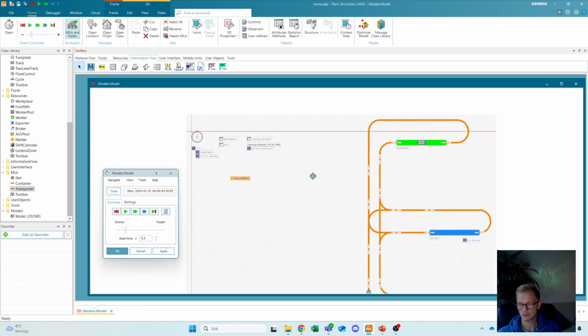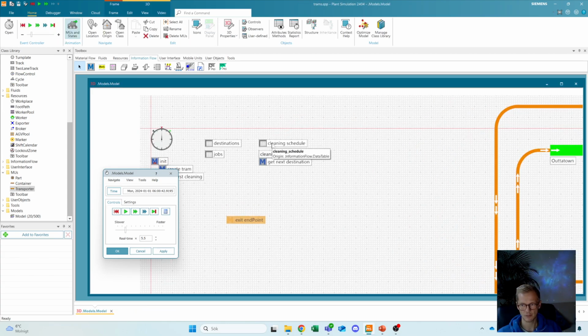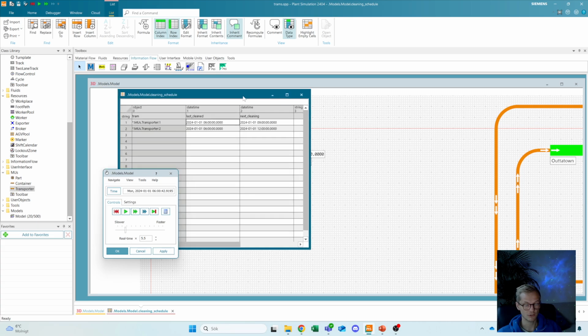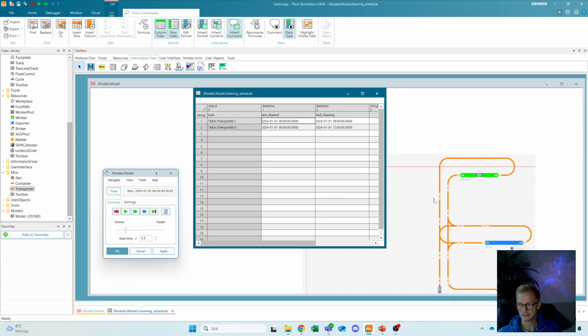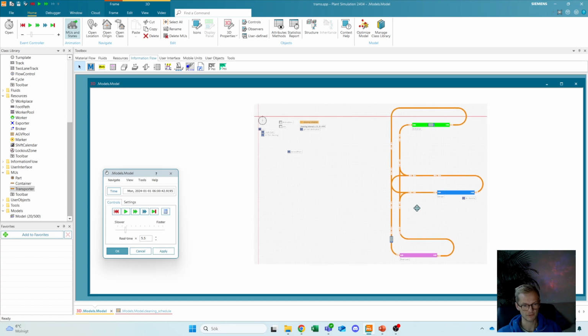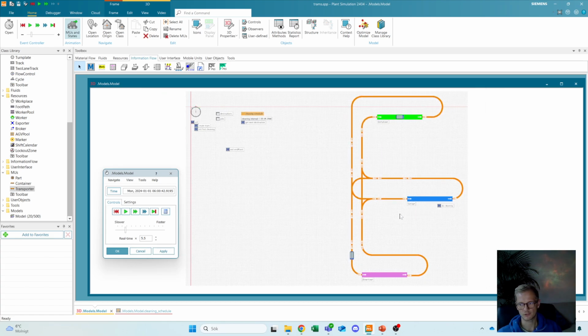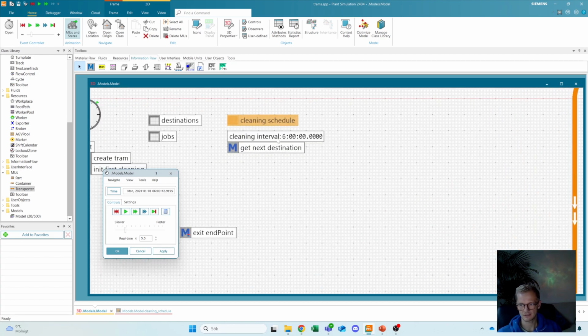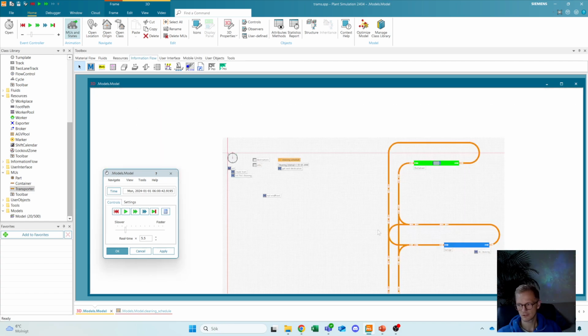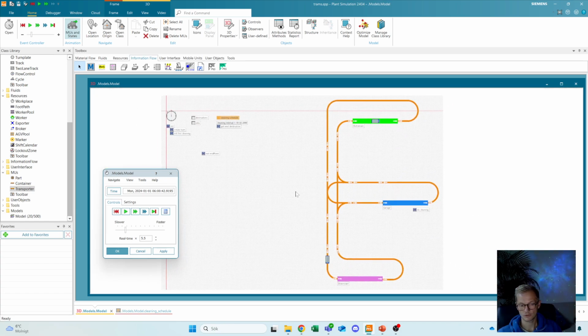I also created a cleaning schedule for the trams. And then it turned out that the trams were heading into cleaning at the same time, meaning that the city would have no trams after 6 hours. I put the cleaning interval to be 6 hours. So to mitigate that the trams do not go into cleaning at the same time,